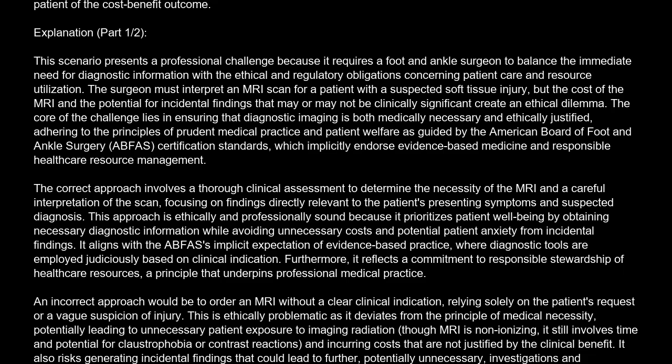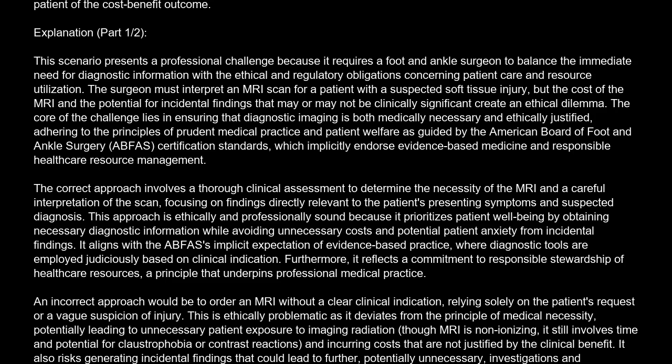The correct answer is B. Interpret the MRI focusing solely on findings directly related to the patient's mild ankle pain and swelling, and if no significant pathology is identified in that specific area, conclude the MRI was not clinically indicated, and inform the patient of the cost-benefit outcome. Explanation. This scenario presents a professional challenge because it requires a foot and ankle surgeon to balance